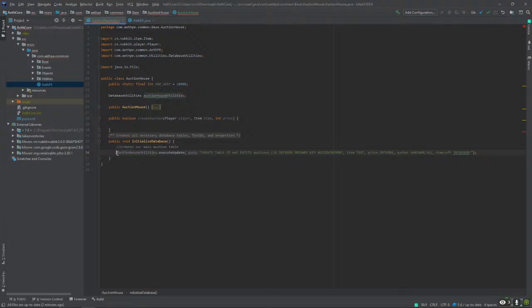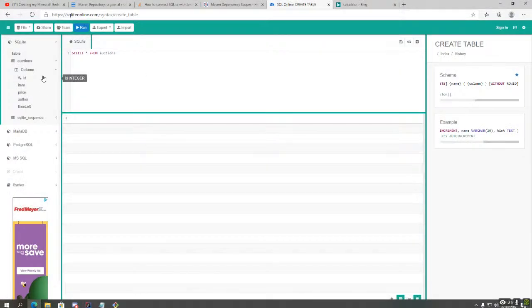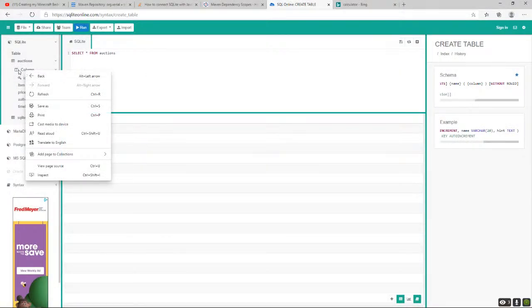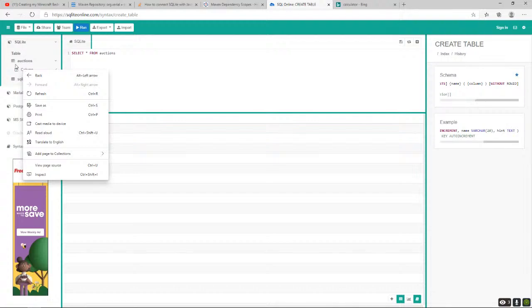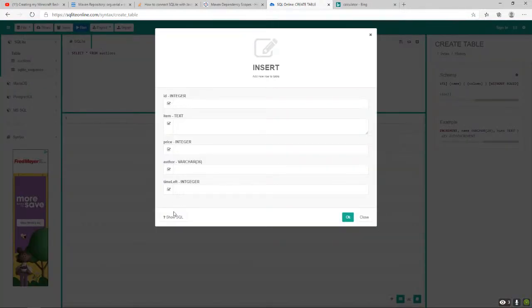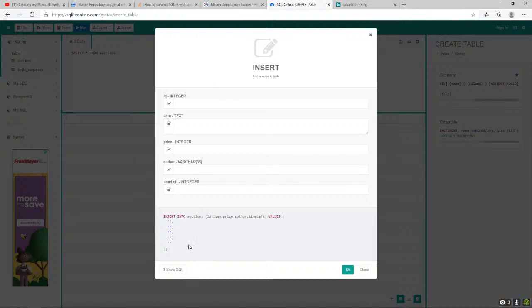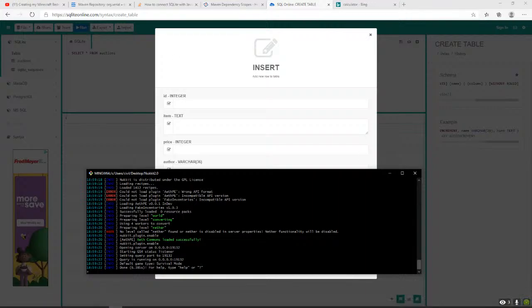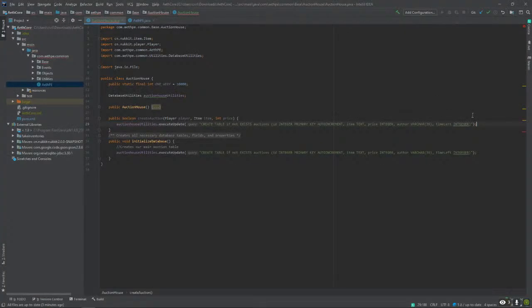So let's execute another update. Let's just copy this line of code real quick. So if I insert add a row, show SQL. So let's just copy this and paste it into my function right here.